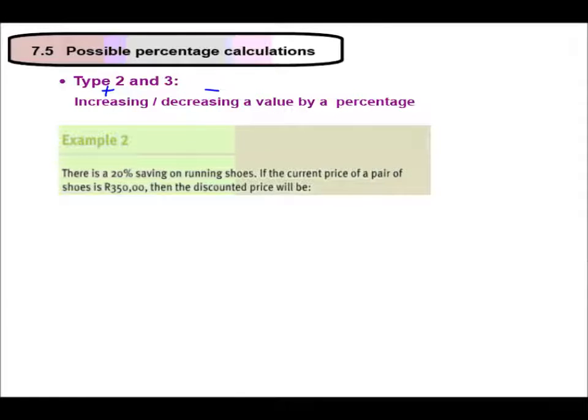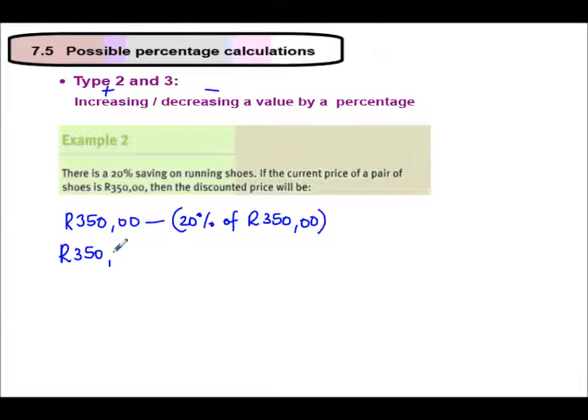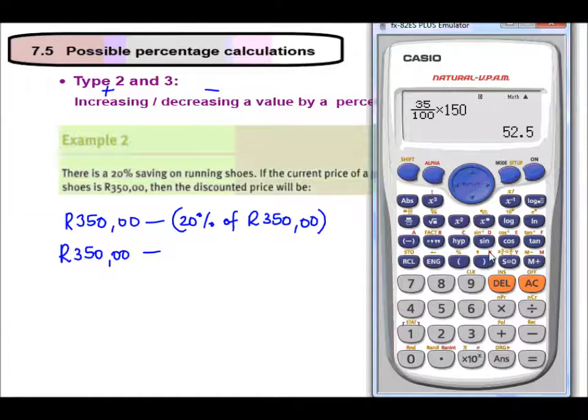So the shoes originally cost 350 Rand. There is a reduction of 20%. So we're going to minus 20% of 350 Rand. So 350 Rand minus 20%,